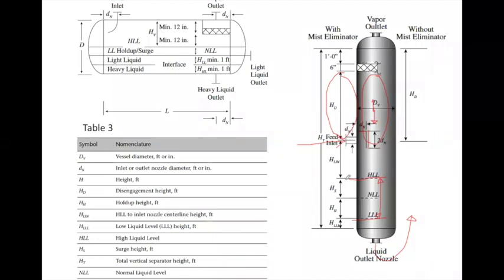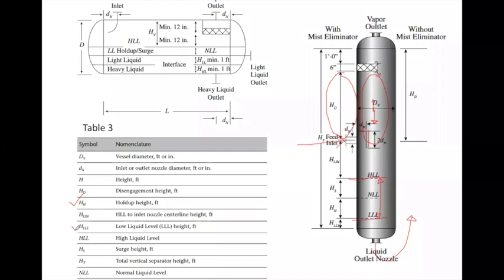So in this way there are a lot of things here. Now for a more complex design, I will show you the three phase separator, which is a little more complex than this vertical separator, as you can see here. These are the various terms written here. H is the hold up height. We'll see the definition soon.